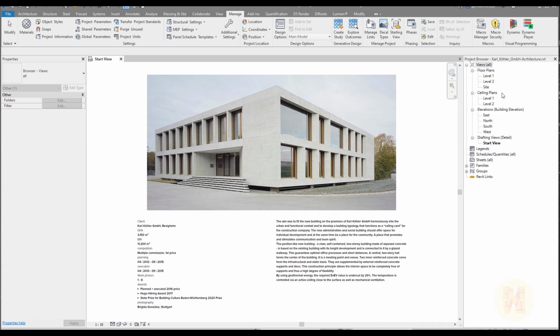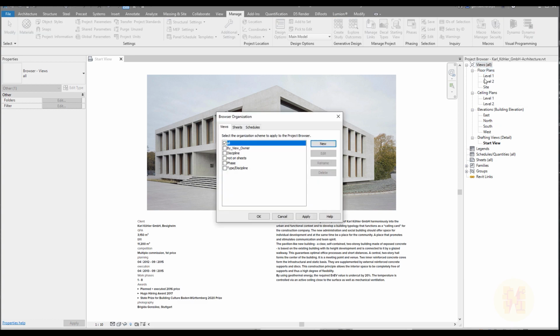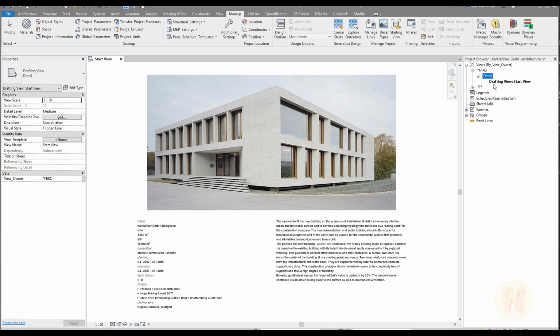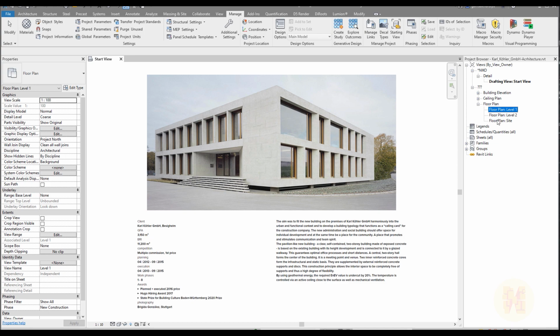What's going on right now? I didn't use it. As you can see, nothing changed, because I should go again to the project browser and choose my new type of organization. Let's say okay, and now it's working. As you can see, by Niko you can see detail view, and here is my drafting view, and other views are unknown,